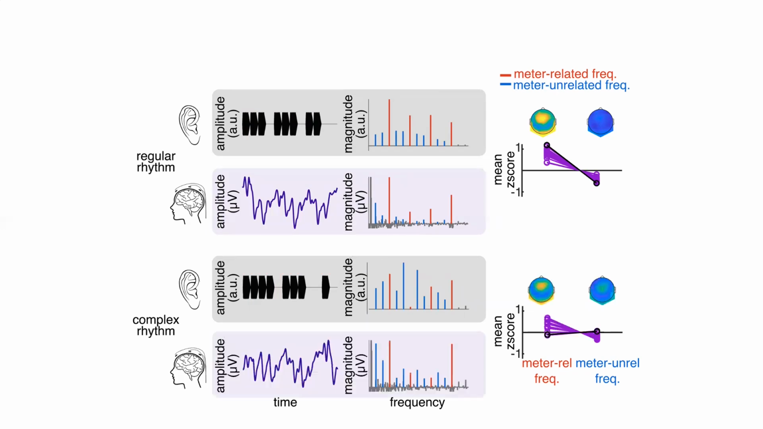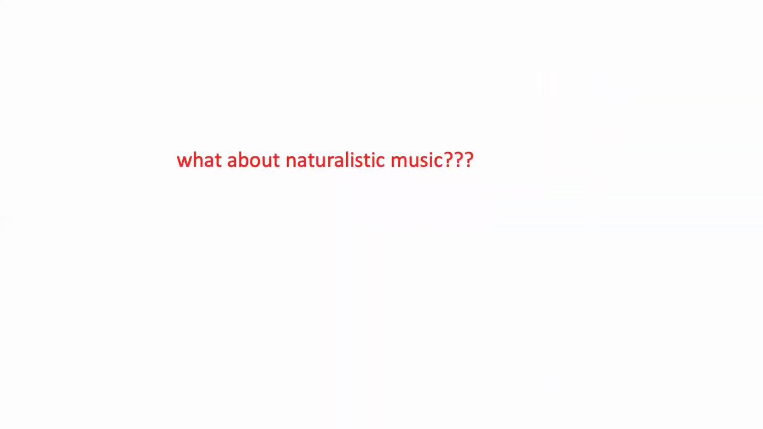Yet, meter-related frequencies are still prominent in the EEG response, even though this cannot be directly explained by the sensory input. So instead of tracking the stimulus, the brain seems to selectively enhance the representation of periodicities where participants tend to perceive metric pulses. Now, here we were using kind of boring artificial stimuli made up of repeated tone beeps,